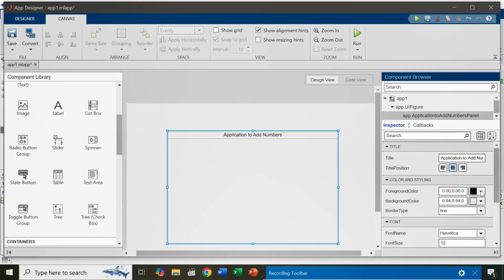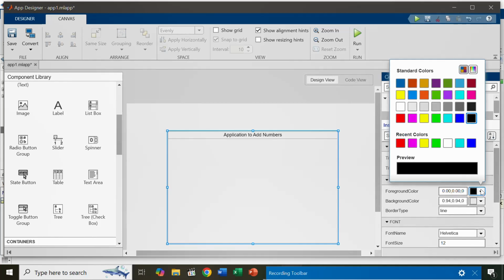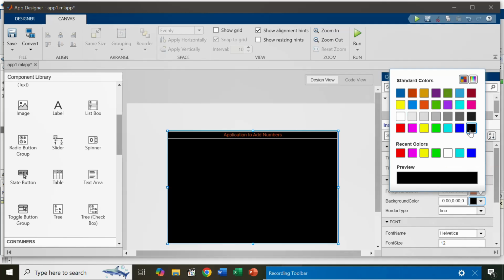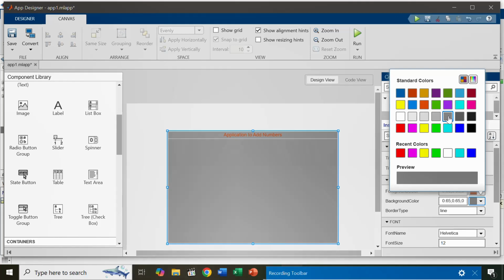I can also change the color, maybe the foreground color to be orange, and then maybe the background color to be black. Okay, you can see that, but let me just make it gray. So the background color for the component will be gray, and then I can change again